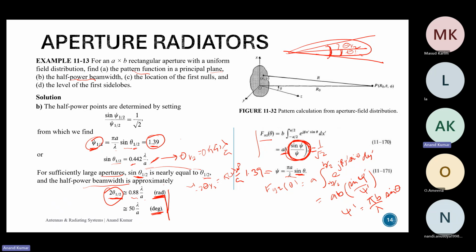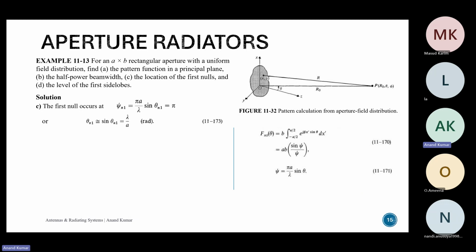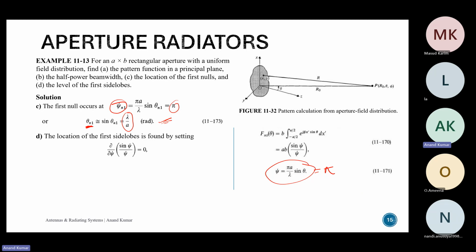Okay. And the next is we have to calculate the location of the first nulls and the location and the level of the first side lobes. So the first null occurs when we equate psi equals pi, and for this particular expression we will get a corresponding theta value, which equals lambda upon a. So this is the location of the first null, and the location of the first side lobes can be found by